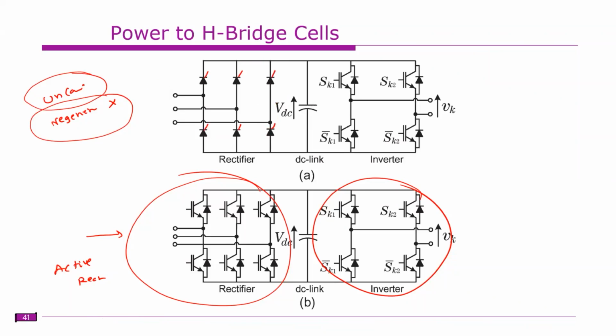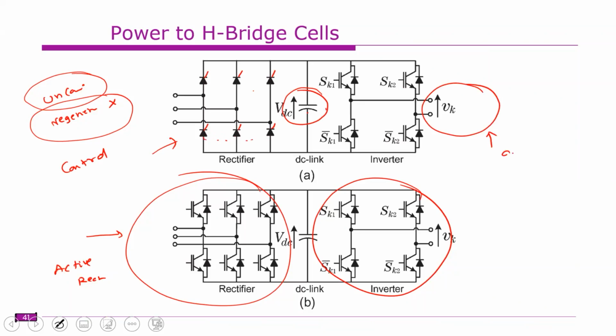If you replace with thyristors, in that case we can control the output voltage. We can control output voltage here, or we can control the DC link voltage, right? And the other thing is, we have regeneration also possible, right? If the load is, for example, we have connected some load, if the load is active load,